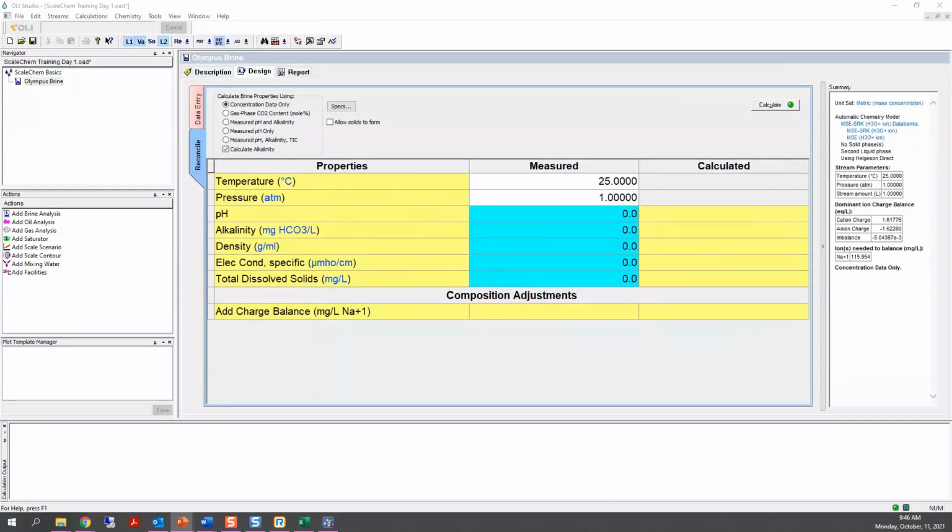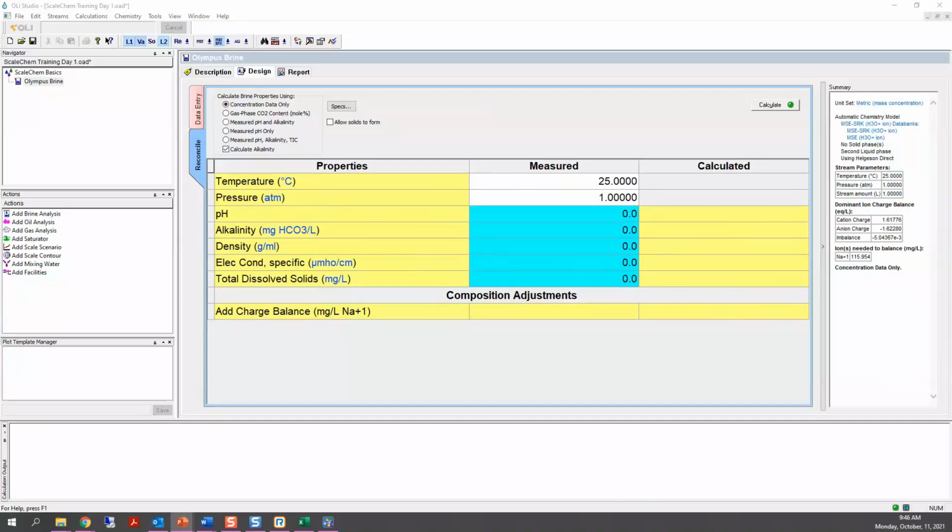For that measured column, if in your water analysis you were given measured properties such as pH, alkalinity, and in this case, electrical conductivity, density, etc., you can enter it here.